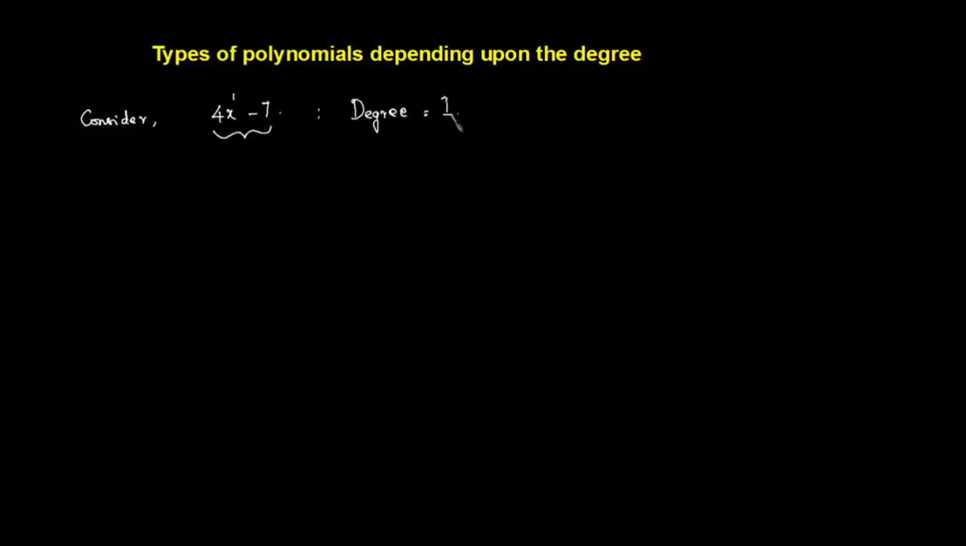Such polynomials whose degree is equal to 1 are called linear polynomials. So what are linear polynomials? Those polynomials with degree equal to 1 are called linear polynomials. Next, consider